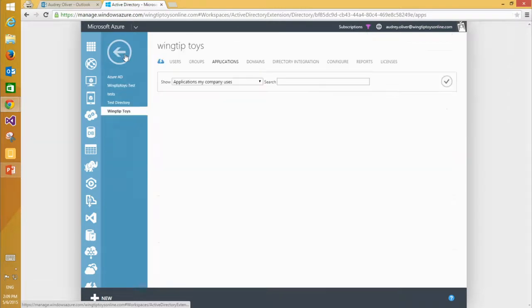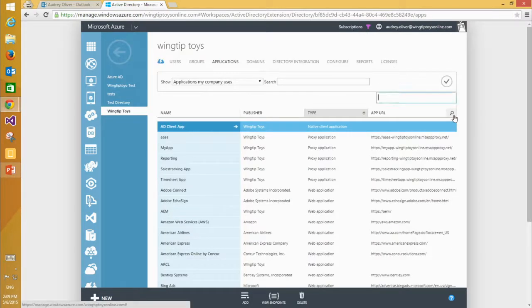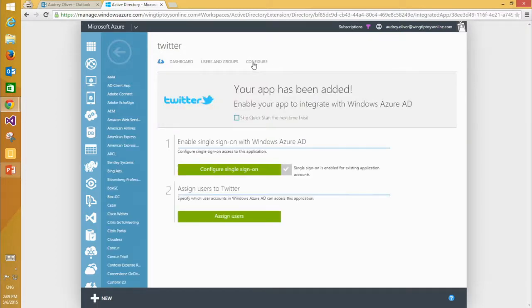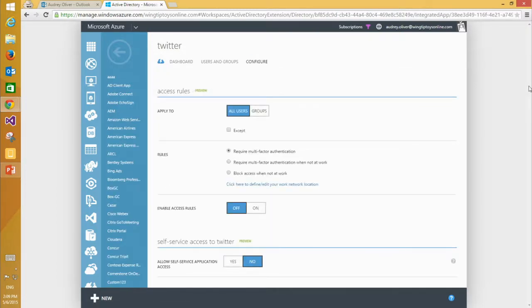And the third one is Twitter. We haven't protected Twitter until now because those users that had Twitter were enforced with MFA. But since Audrey was complaining, we're going to do something about it. I just wanted to show you how simple it is. All users?